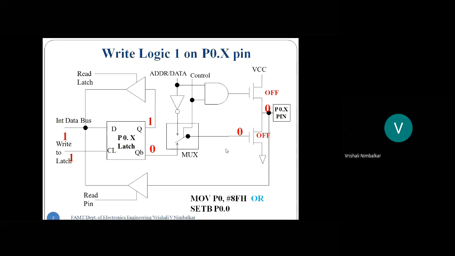Are you getting me? It means as a programmer, as a designer, I have to do something so that logic 1 appears here. I have to connect something externally to this pin and make this pin logic 1. Correct? What I have to do externally is some hardware connection. Take a 10K resistor, connect one terminal to VCC and connect the other terminal to the pin. And this is called external pull-up. Correct?